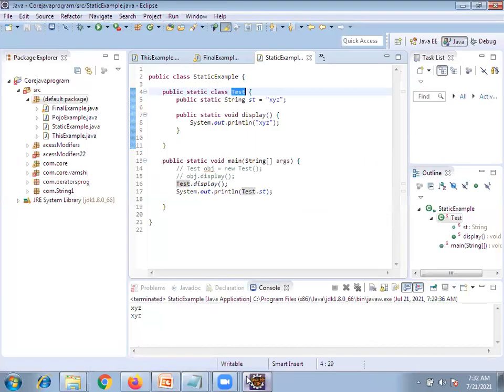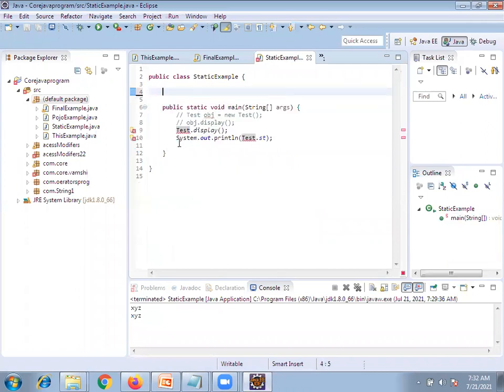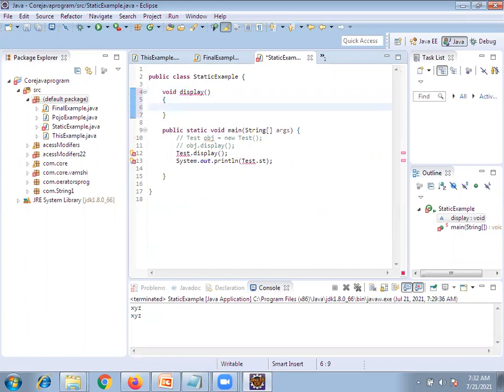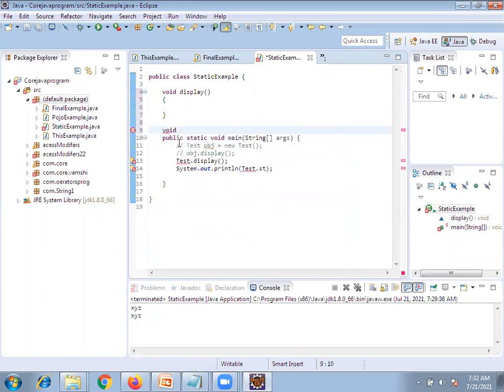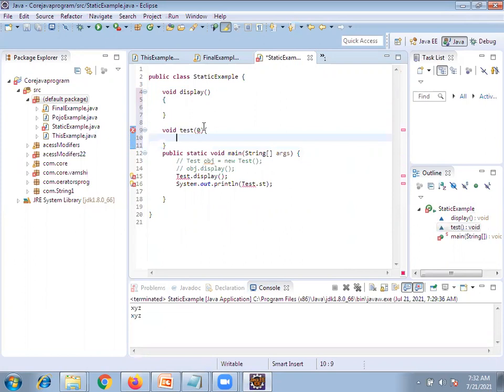So what is a concrete class? See, now you are defining two methods. Let's take one example. Clear?